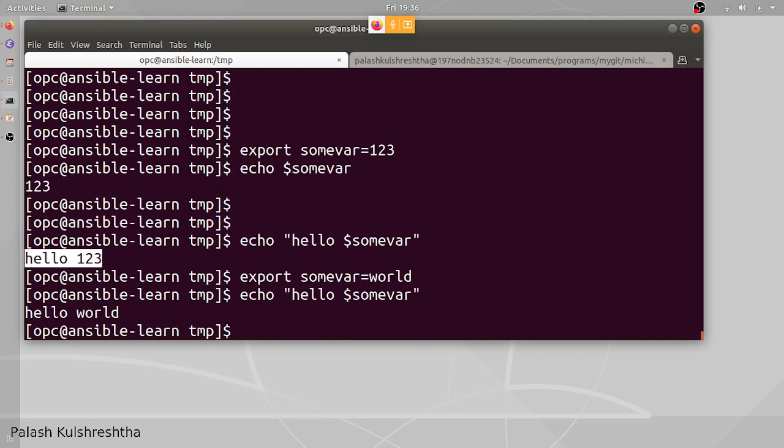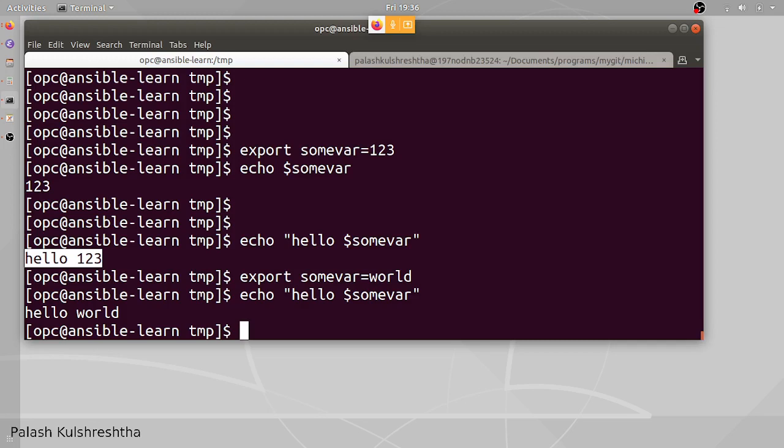So export is the command to save some value in some variable in the Linux context, and when we want to use that variable, we have to use the dollar sign and the name of the variable. In this way we can use variables in Linux.